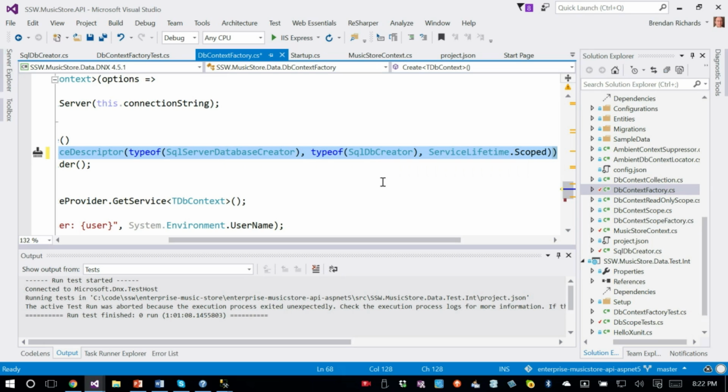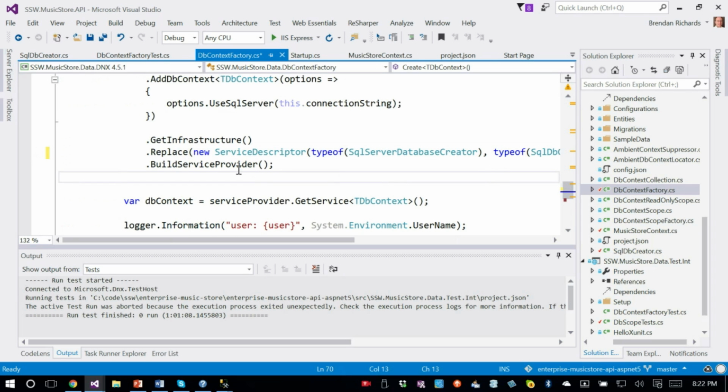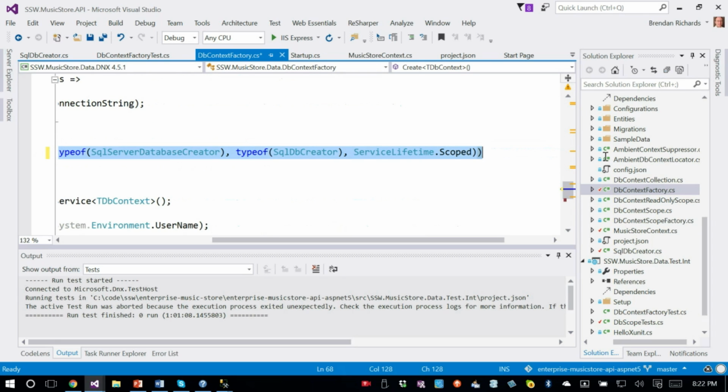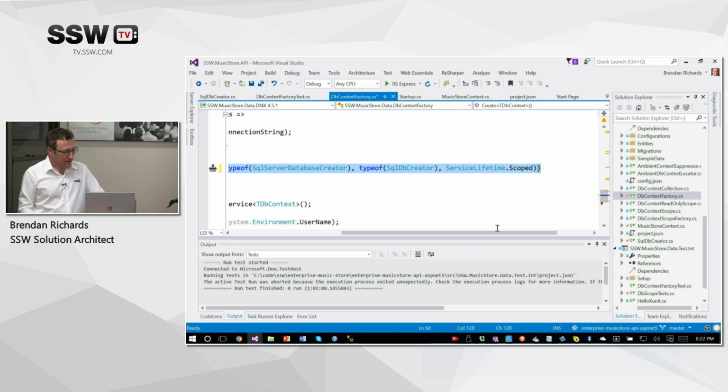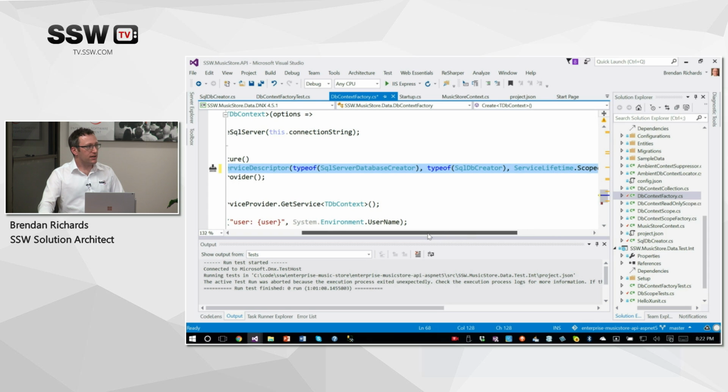From that moment on, and actually how I found how to do this was I did a search for that original class through the Entity Framework code base and found where it was registered by default when you use add SQL Server. So I found that line of code, and I knew it had to be scoped, assuming it's a limited scope object with some kind of lifecycle management. Swap that class for my class. From that moment on, when I try to create my database, it's using my class instead of the SQL Server class, and the bug's gone.